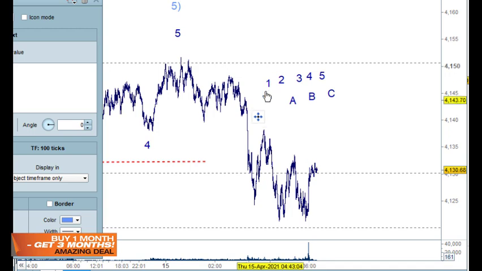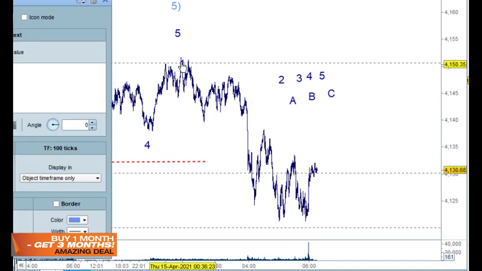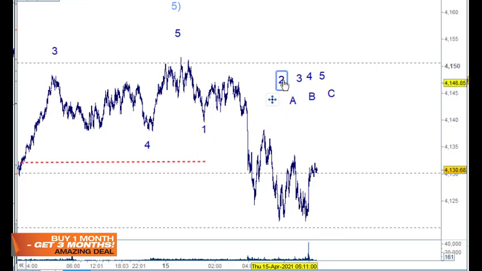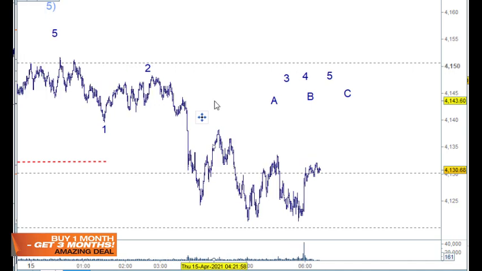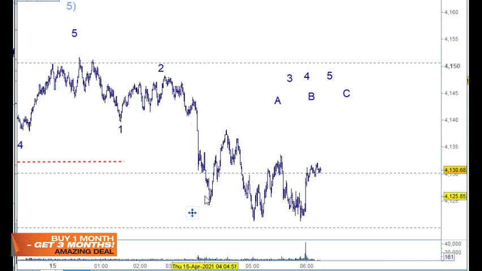I don't even know if this is the right degree of structure, but it doesn't matter. 1, 2, 3, 4, 5. ABC here for this. 1, 2, 3, 4, 5, 3, 5. So we've got that extra wave there, haven't we? Well, 1 and 2. Or could, let's just